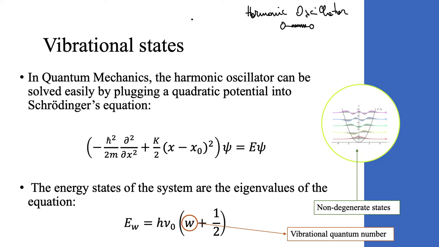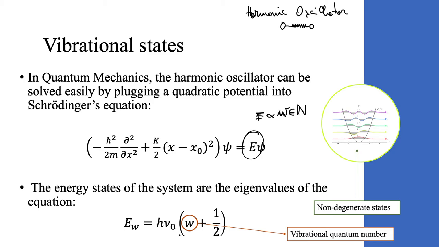And if you solve this equation, you'd find that the energy, this quantity here, is proportional to n, where n is a natural number, a positive integer. In particular, this is what the energy levels look like. Here I wrote n, but we can use w, as I did here, just for consistency. So the energy levels in the system where you have these two springs are given by Planck's constant, again, nu0,